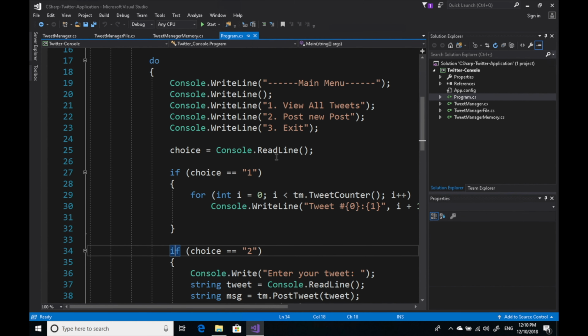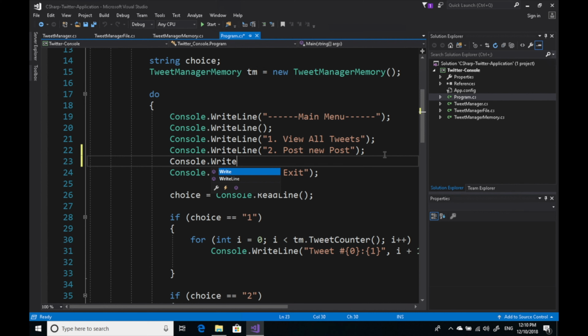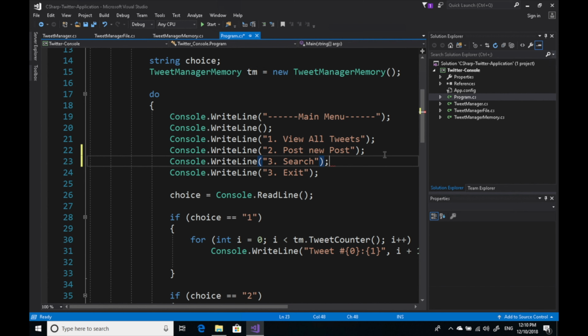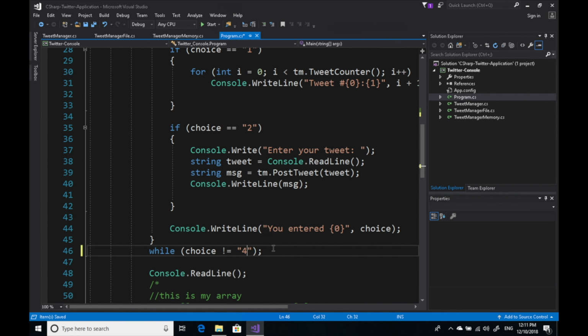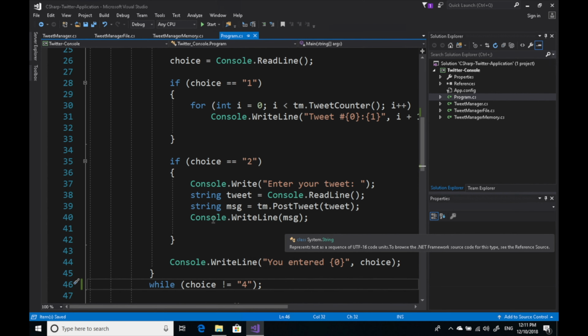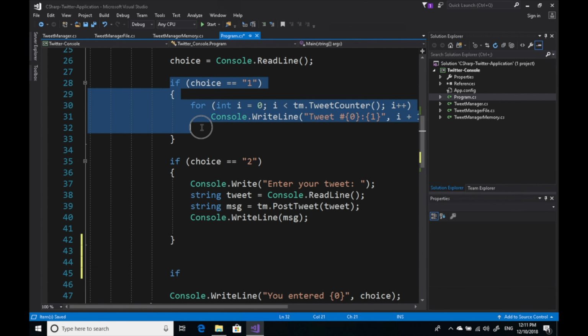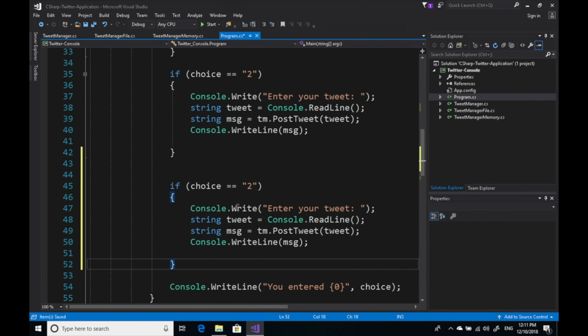But we need to add another option here, console.writeLine. If you press 3, then I'm gonna search. Okay, let's make 4 that exits instead. Obviously 4 will exit, and then I'm gonna do if choice. We can steal it from this, right, because it's kind of similar. It's asking the user. If it's 3,